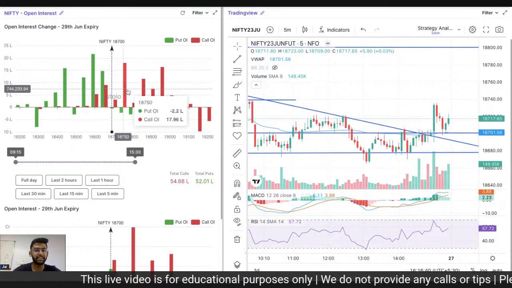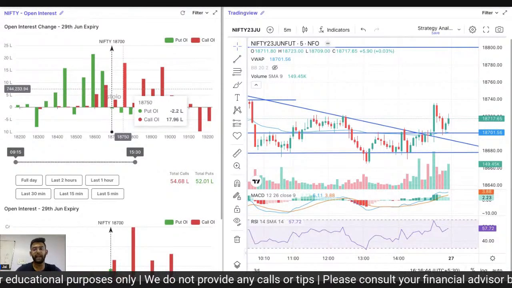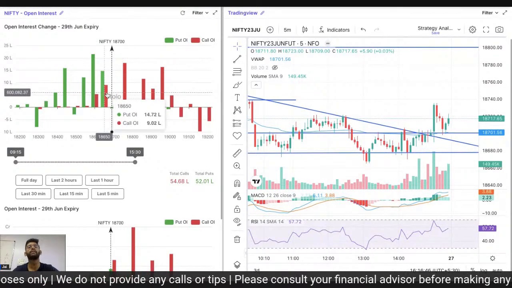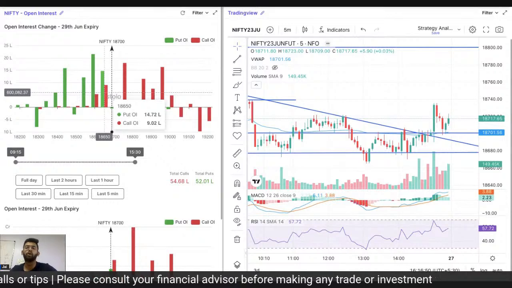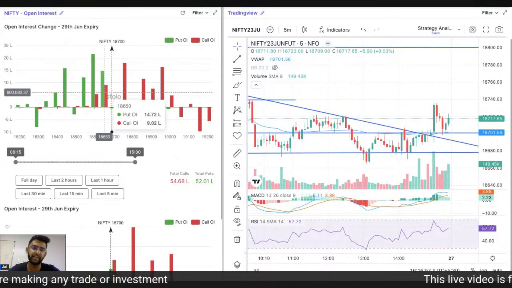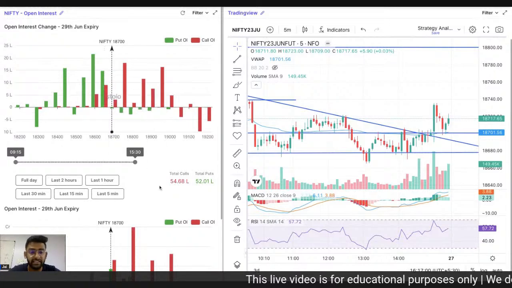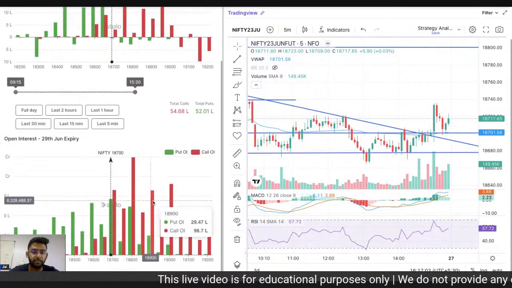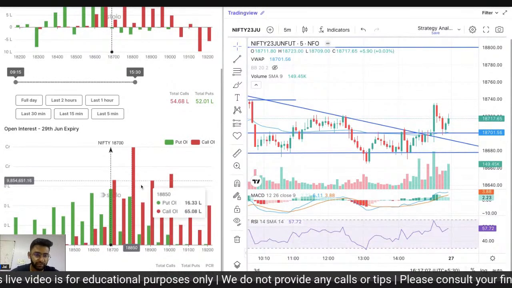The closest was 18,750, which saw an increase of 17 lakhs in OI, right? But if you look at it in terms of the put side, there's an increase a little more closer to the ATM, which shows a little more bullish perspective, right? So in today's session at least we saw a little more rise in the bullish because overall the market was a little more bearish, right? So coming to the June expiry, which we see here,